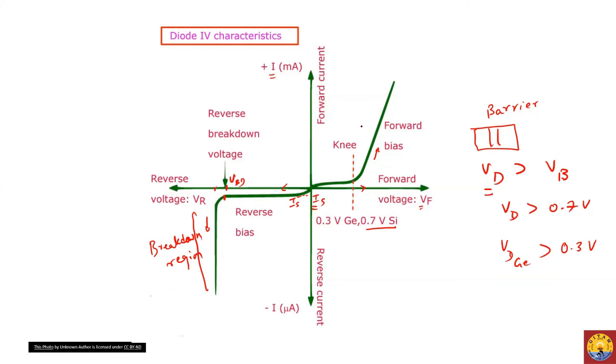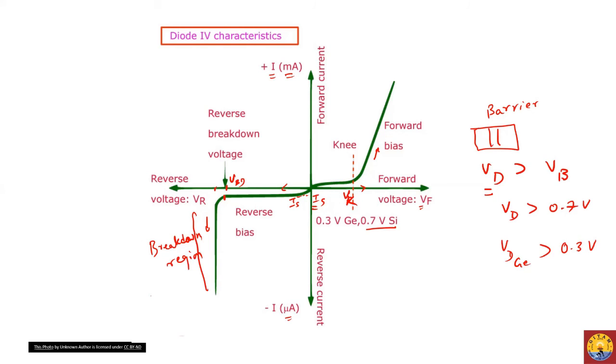So we have this IV characteristics for the diode. So if anyone asks what is IV characteristic, you have to plot this particular diagram: forward bias, reverse bias. In the forward bias, you have to represent the barrier potential, or you can say VK, knee voltage, you have to show. Okay, and important, as we know, current in the forward bias is in milliamperes, whereas current in the reverse bias is in microamperes.